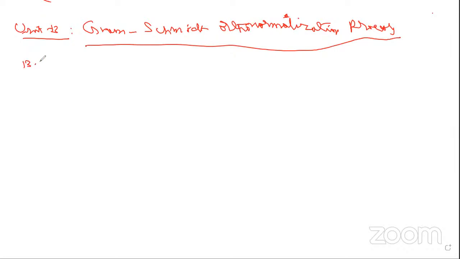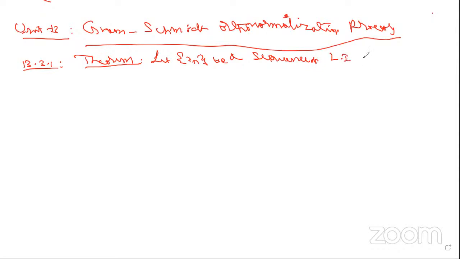Theorem 3.1. Statement. What is it? Let Xn be a sequence of linearly independent vectors in an inner product space X. Then there exists